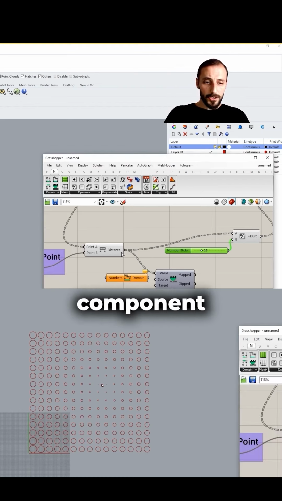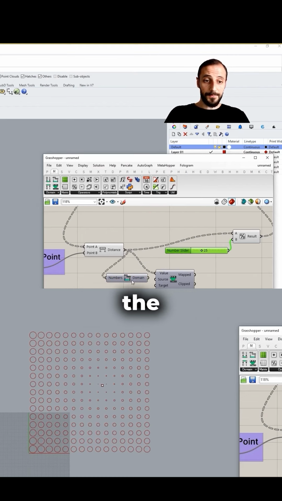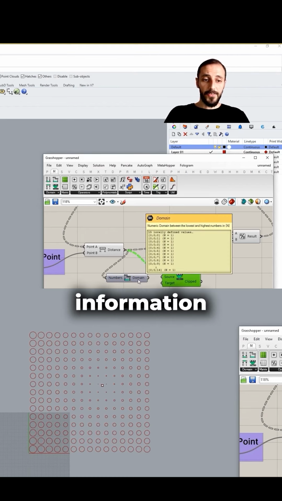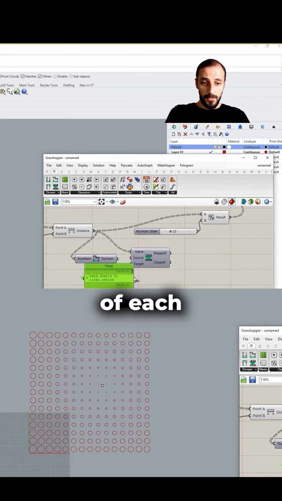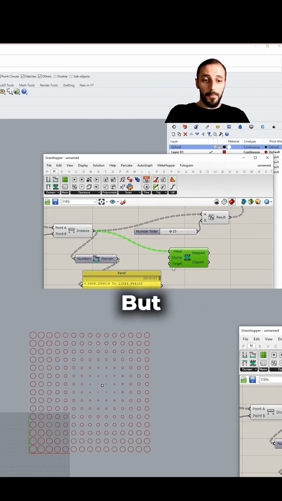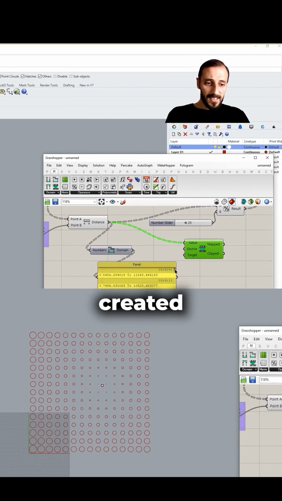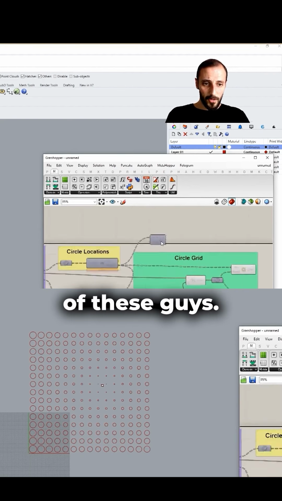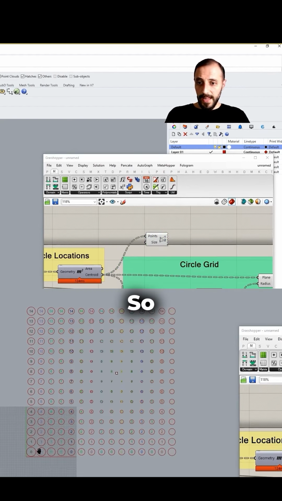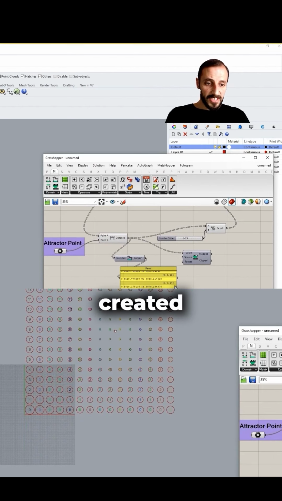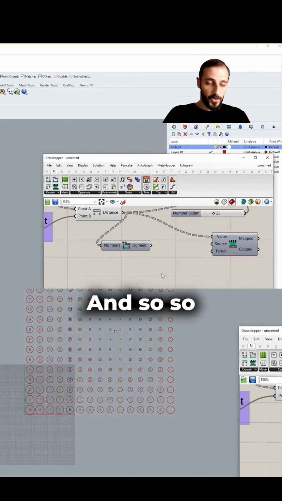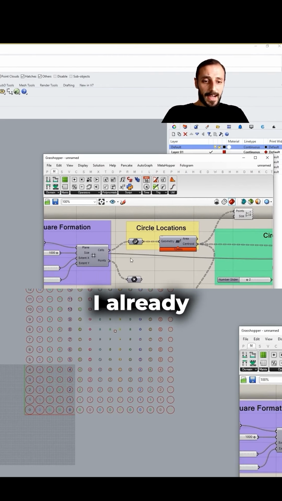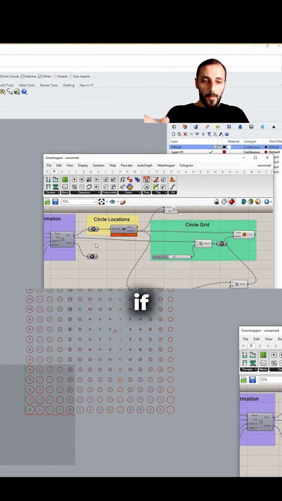So if I grab a bounce component, which exactly creates this information related to the starting and the end point of each range, you see. But the problem here is all these are created by the values of these guys. So this remap value is created only for the column row 0, row 1, row 2, row 3, row 4, and 5, so on and so forth. So again, at the beginning, I already mentioned this, but if we don't want to